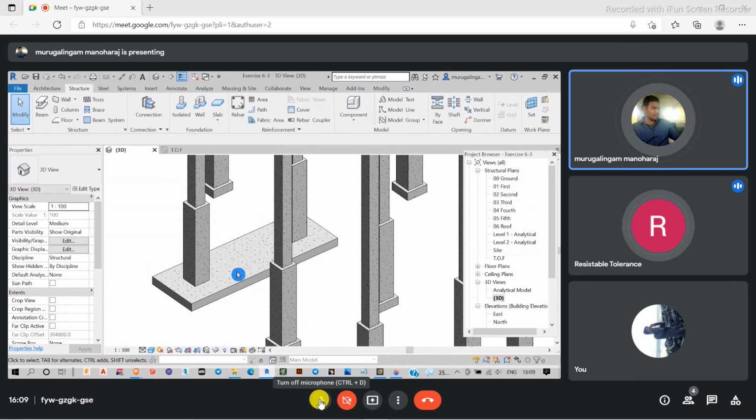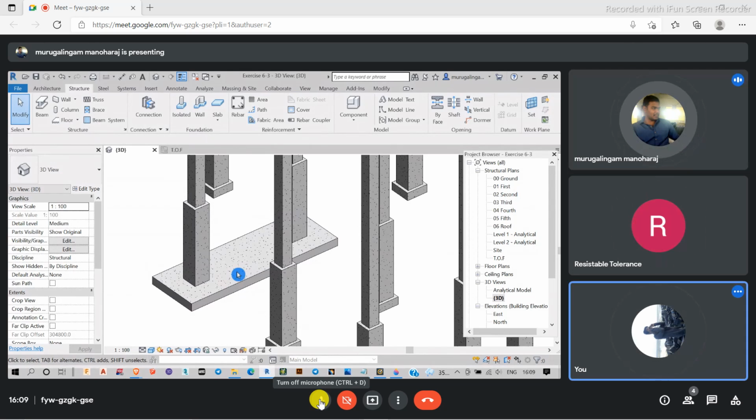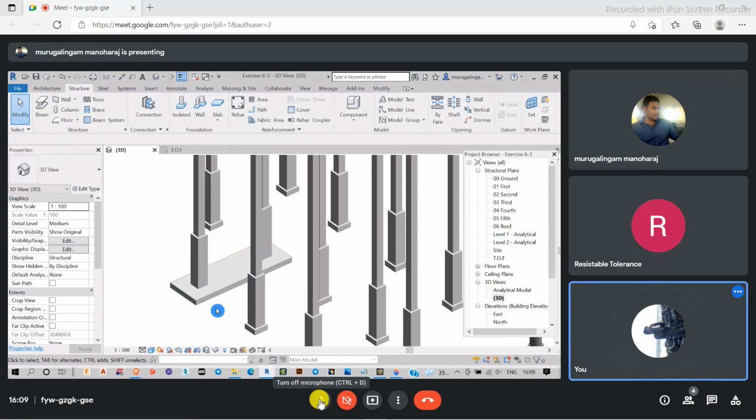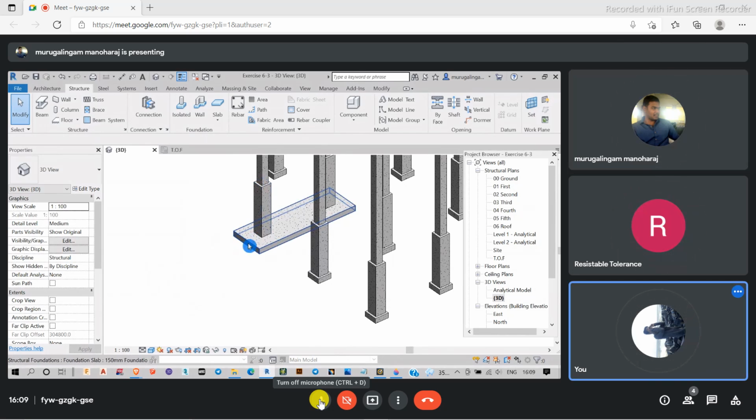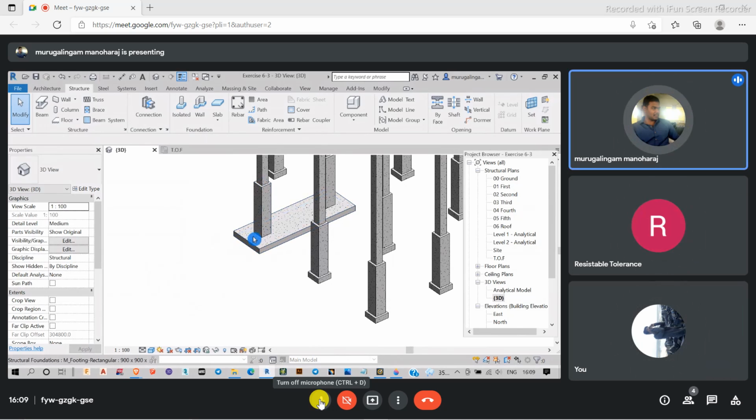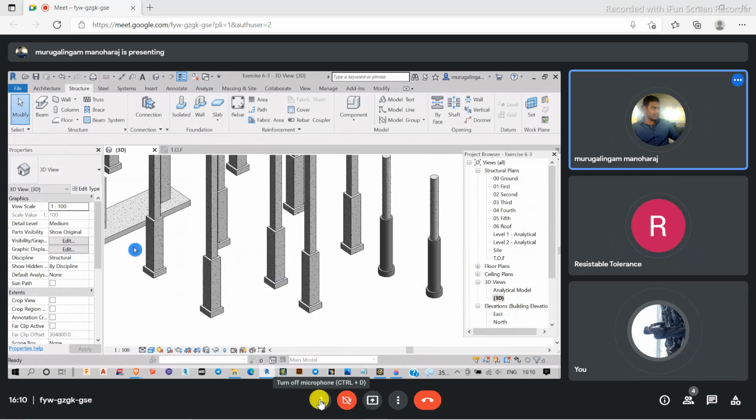One more footing is there that is called a strap footing. Have you heard of strap footing? Yes, sir. So the main purpose of strap footing is that we won't be able to provide any projections here, because the column will be placed exactly at the boundary. That is the reason we will be providing strap footing. Strap footing is the same as this one, but in addition to that, we will be getting some beam connections here.